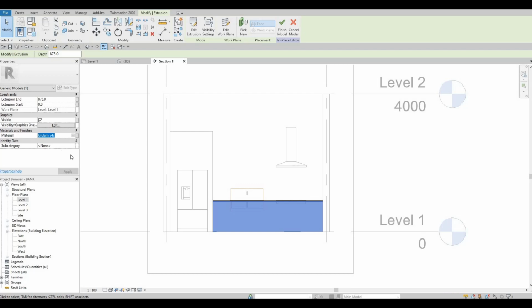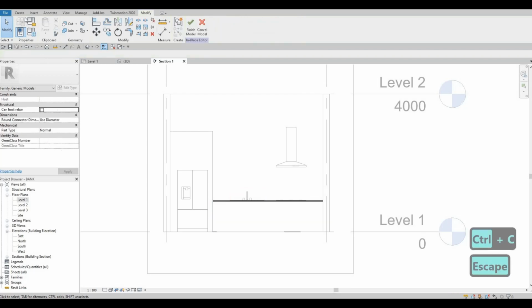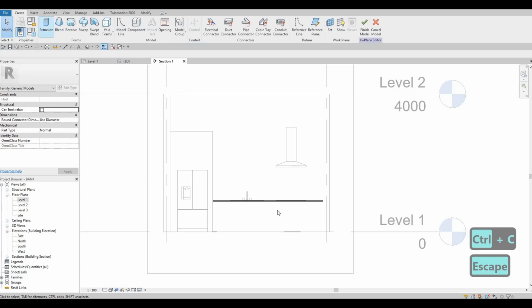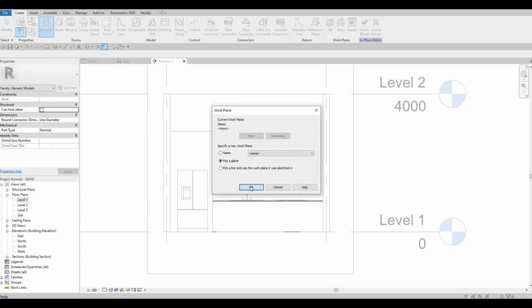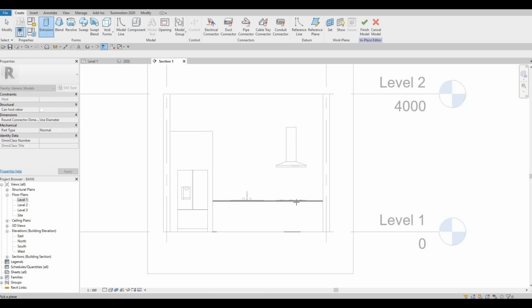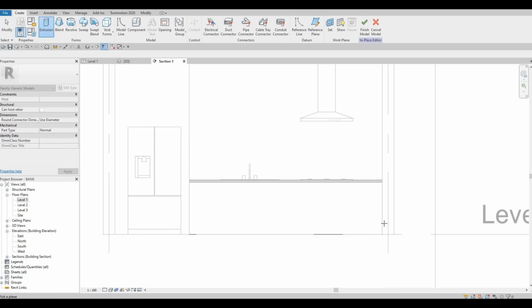I'm gonna press Ctrl+C here so that I could copy it, so that once we create another extrusion from here, I know the material that I used. So here I'm gonna click on extrusion, and then it will ask me to pick a plane, and then I'm gonna choose this plane. It needs to be the one that is highlighting all of this. So we need to know the face of this. Here I'm selecting it by using Tab. Select that,